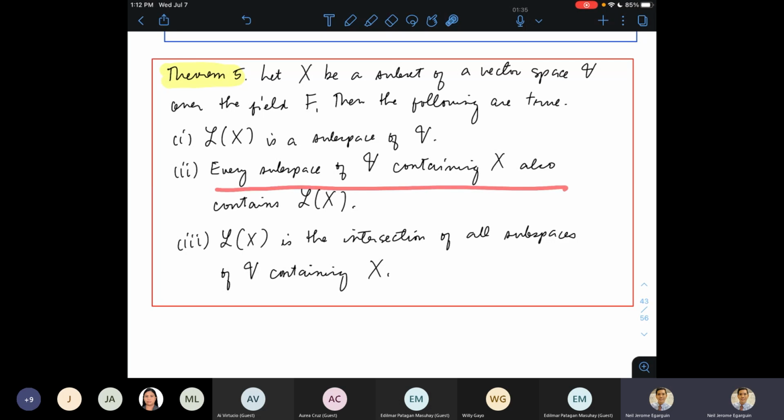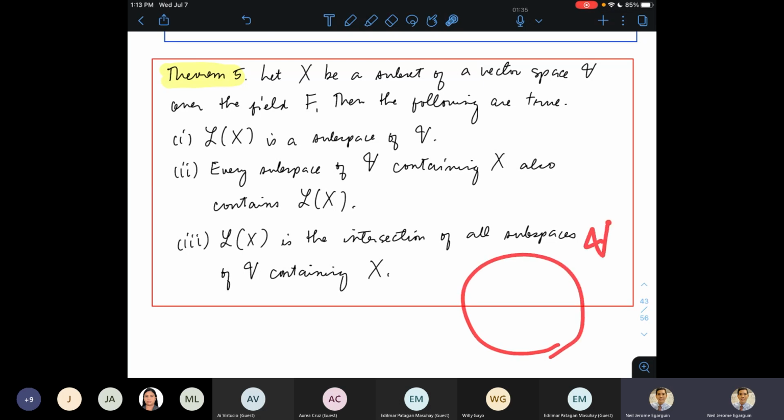Every subspace of V containing X also contains curly L of X. So kung meron tayong set V, tapos kukuha ako ng subspace niya, let's say W is a subspace, and W contains capital X, so andito daw si X sa loob, ibig sabihin si curly L of X dapat daw na kay W din. So si curly L of X ay mukhang ganun yung itsura. But it should also be contained in the subspace W. So essentially what we want to show that,